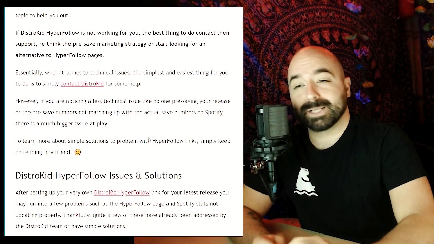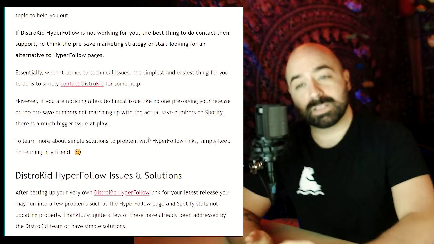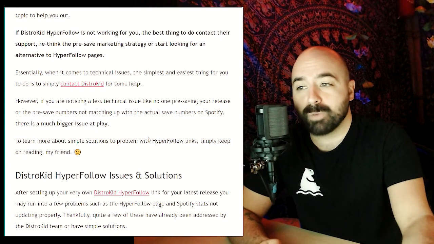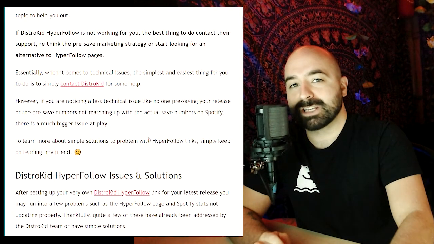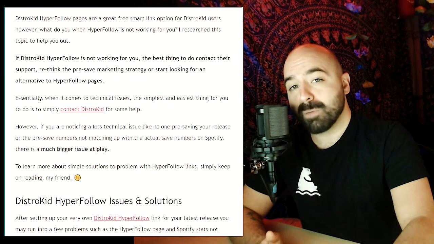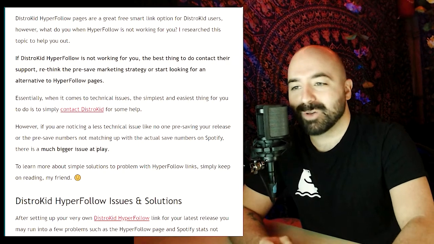However, if you are noticing a less technical issue, like no one is pre-saving your release or the pre-save numbers are not matching up with the actual save numbers on Spotify, there actually might be a much bigger issue at play. So before diving into these, as well as a couple of other common issues with DistroKid HyperFollow,